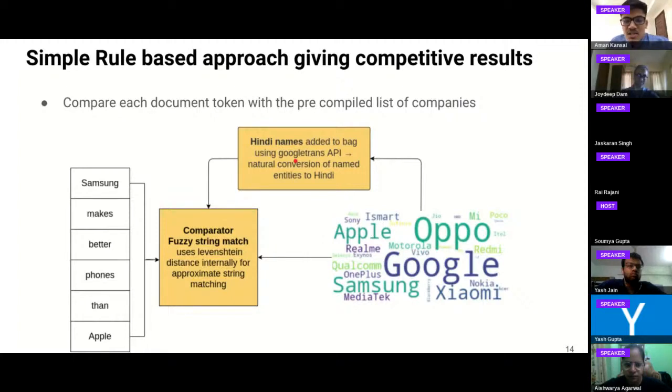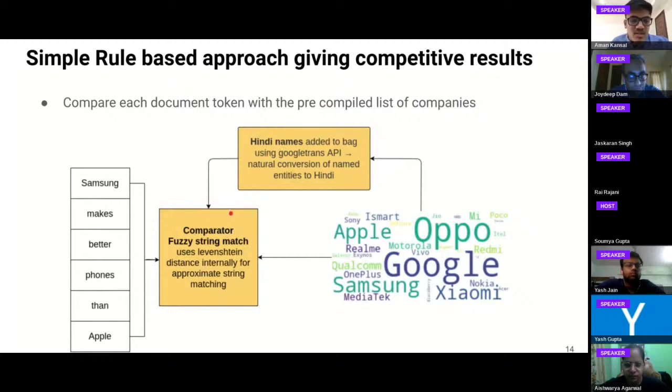What's special about this API is that it is one of the only APIs that does a very good job of converting named entities into their Hindi counterparts. So if you want something like Techno, then you want the Hindi form of Techno, and you don't want the Hindi form of technology. That's what Google Trans handles very well. So, starting with the English bag of words and adding the Hindi words to that set,